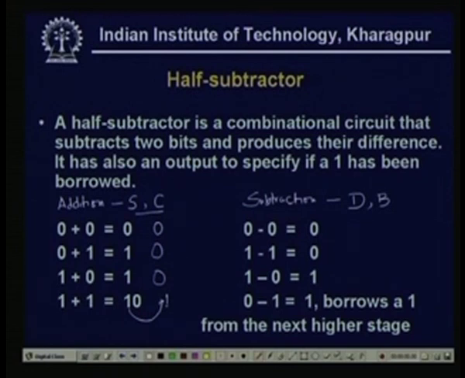Now, if I want to change this addition operation to subtraction, then what we can do, this 0 plus 0 equal to 0, as if one operand from here, say this 0, I can